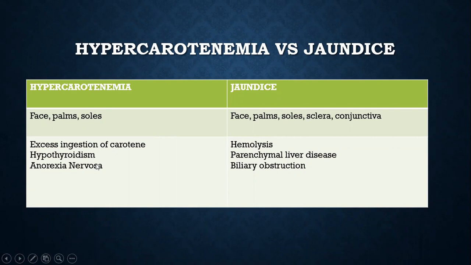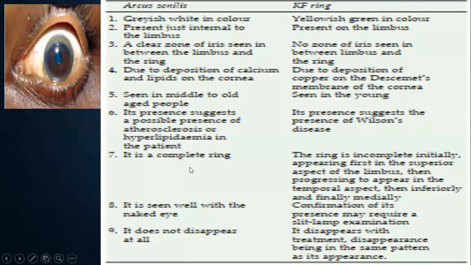The causes of jaundice, we know, are a separate class as such: pre-hepatic, hepatic, and post-hepatic jaundice. The causes being hemolysis, parenchymal liver disease, and biliary obstruction, respectively. So we are coming in the order, we have seen the skin. Now if we are seeing the eye, in the eye we look for pallor, we look for icterus.